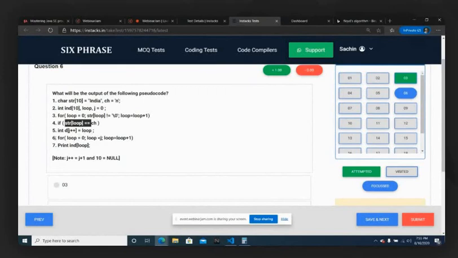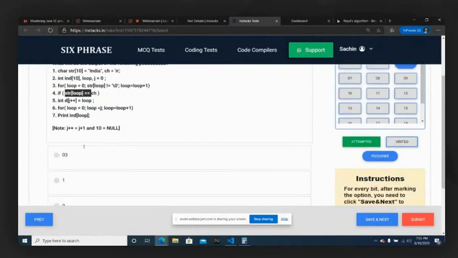Then you're running a loop and simply printing whatever is in your ind array. See, only one element will be inserted inside, which is index 1, via ind of j plus plus. So what they are printing is ind of loop, which means it has to print 1.